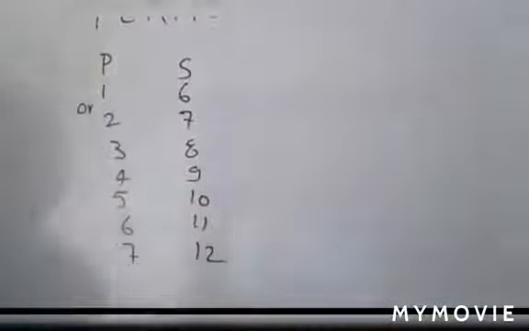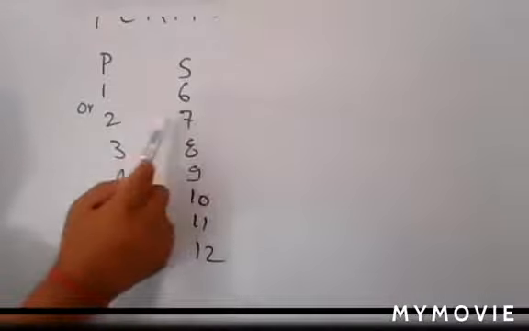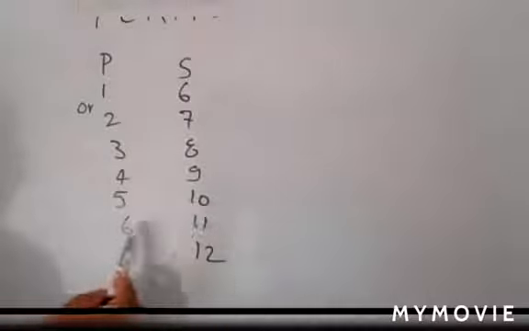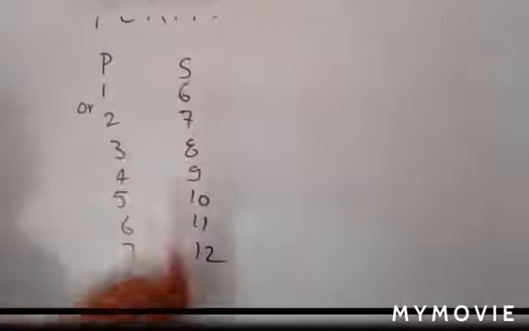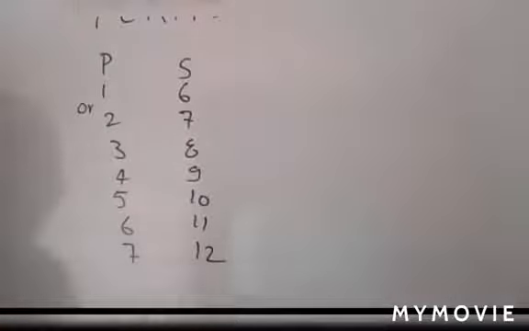Okay. Now, in the same way, if you're taking 2 here, you add 1 here also. So 2, 7, 3, 8, 4, 9, 5, 10, 6, 11, and 7, 12. So that is the position in which P and S are arranged. But P and S can also arrange themselves in 2 ways. That's why you multiply that 2 into 7, and in 14 ways P and S can be arranged. So you write, hence P and S can be arranged in 2 into 7 is equal to 14 ways.